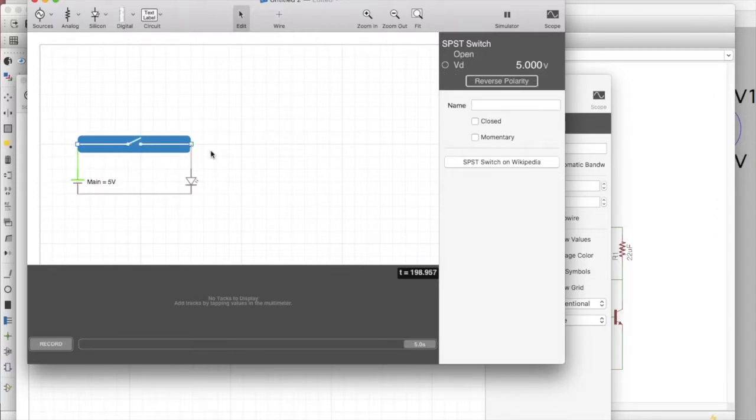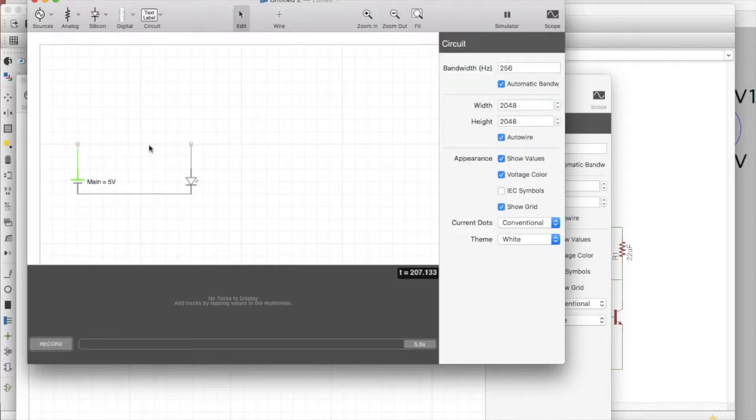Let's actually open that. We can change it in this case because the switch can also be momentary. Just leave it as it is. And okay, so